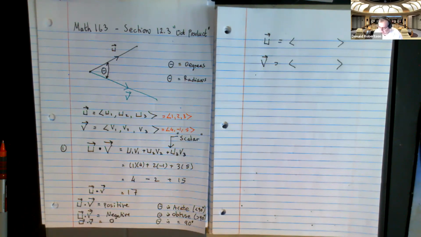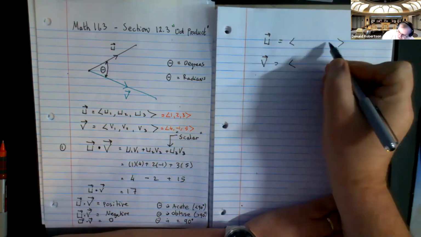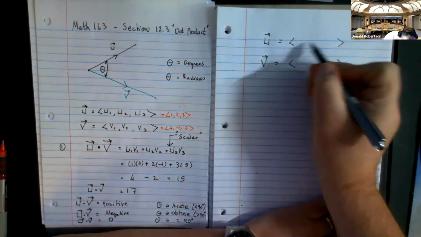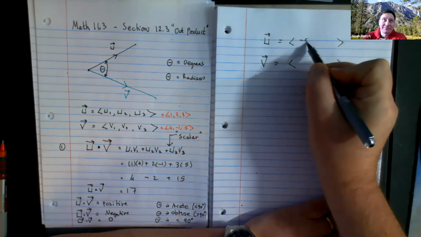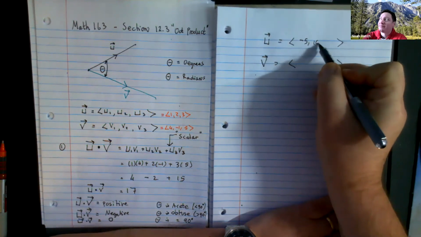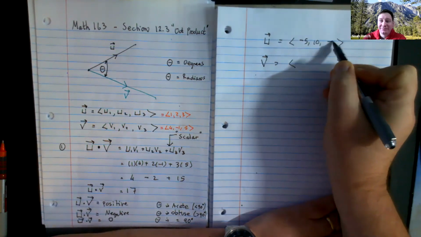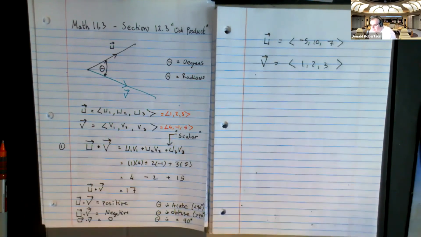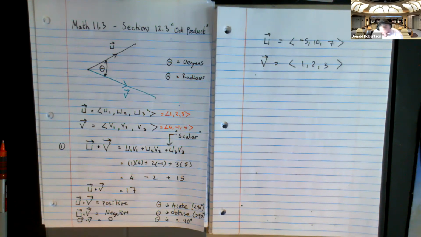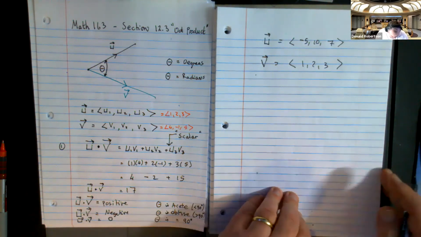Who am I picking? Noah, give me the components of vector u. Give me the three numbers that I'm going to use. -5, 10, and 7. Okay. And I'm going to pick 1, 2, 3 because I'm lazy. And I didn't pick 1, 2, 3 so something nice would happen. It totally was just random. Now, if you want to do this one here,